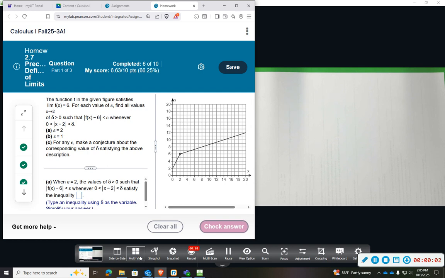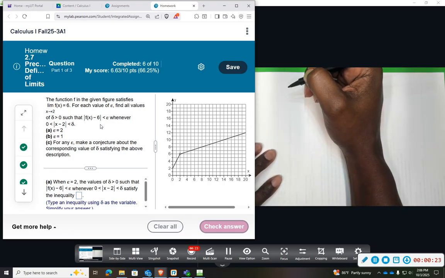All right, number 6, we have 3 parts. We're given the limit of f of x as x goes to 2 is equal to 6, and we want to find each value for epsilon. We want to find the corresponding value of delta. So again, if we use our graph,